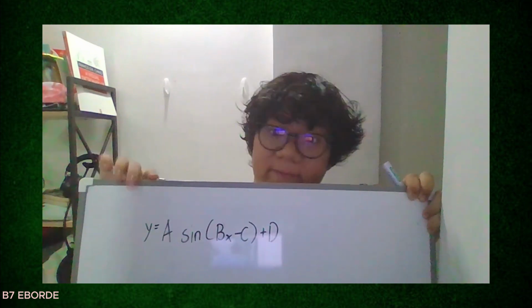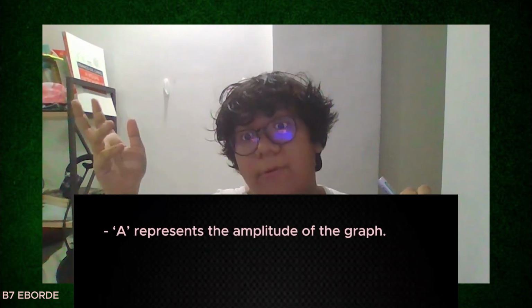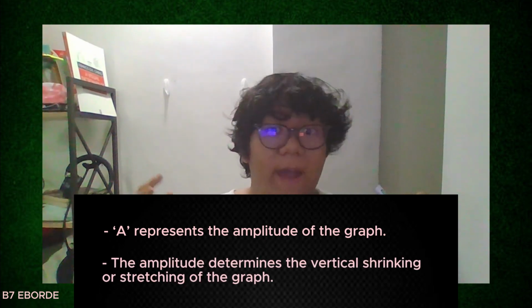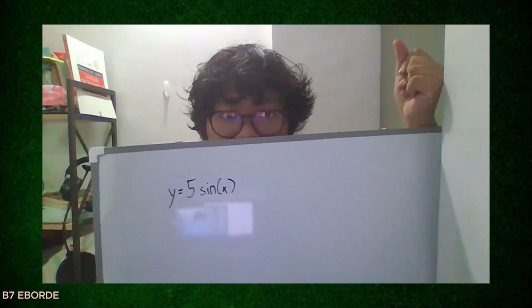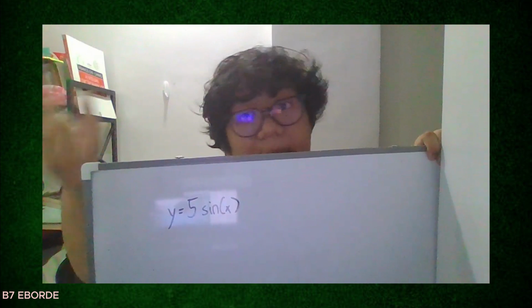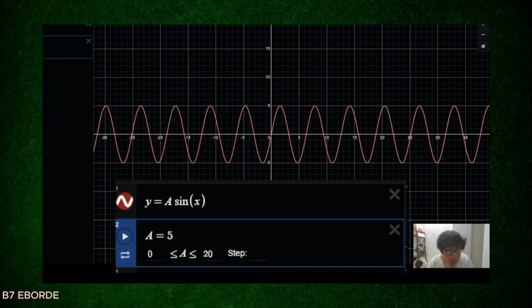Now, what if the A changed? A represents the amplitude of the graph. The amplitude determines the vertical shrinking or stretching of the graph. Let's use this example, which is y equals 5 sine x. In this example, A is 5, resulting in a sine curve with the amplitude of 5, reaching 5 units above